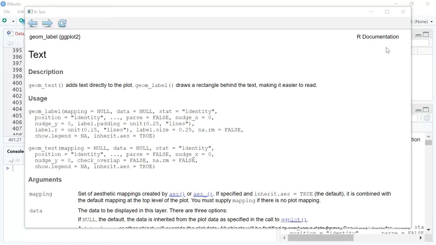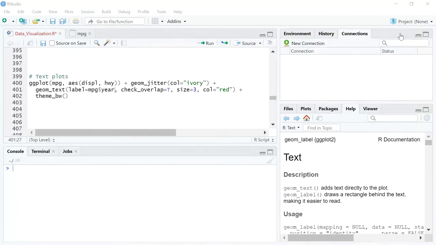And before we get there, let's just quickly run through what we have in the help function, right? So if you use the geom underscore text syntax, it adds text directly to the plot. The moment you use a geom underscore label, on the text that you have added to the plot, it will put a small rectangle just around that text so that it is highlighted, making it easier to read. Now, while that is true, let's get directly into action, right?